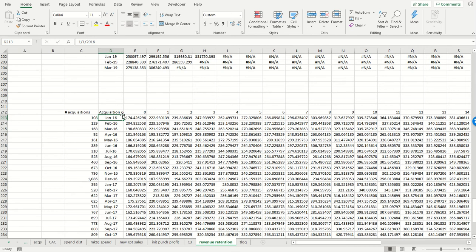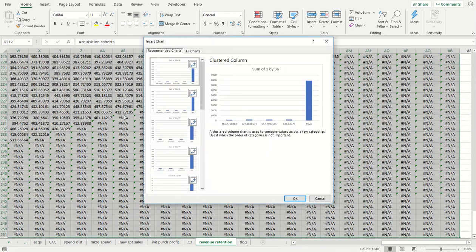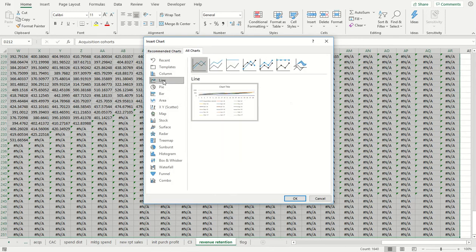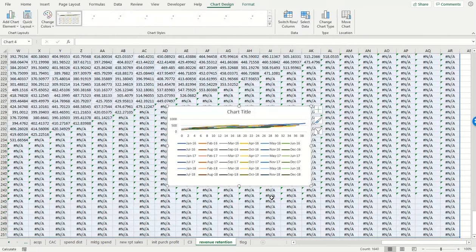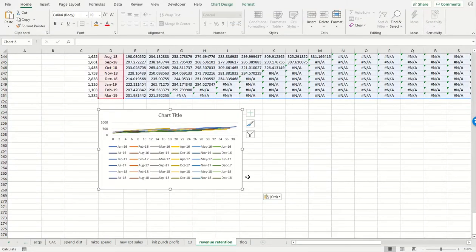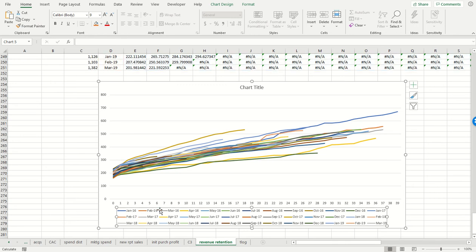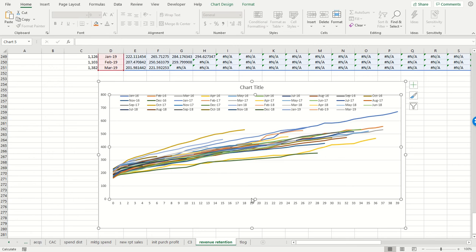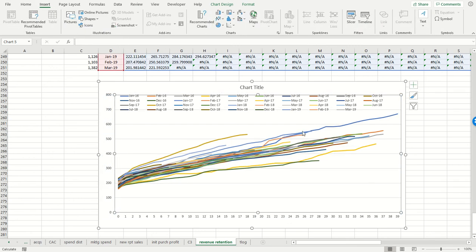So the next thing I'm going to do then is plot it. So I'm going to take this data and insert my chart. This will be a line chart, and I believe this is the one over here, but we can check. So I'll pull this over, copy and paste it down, make it nice and big. Let's pull this up over here, pull this down a bit more, pull this a little bit to the side,